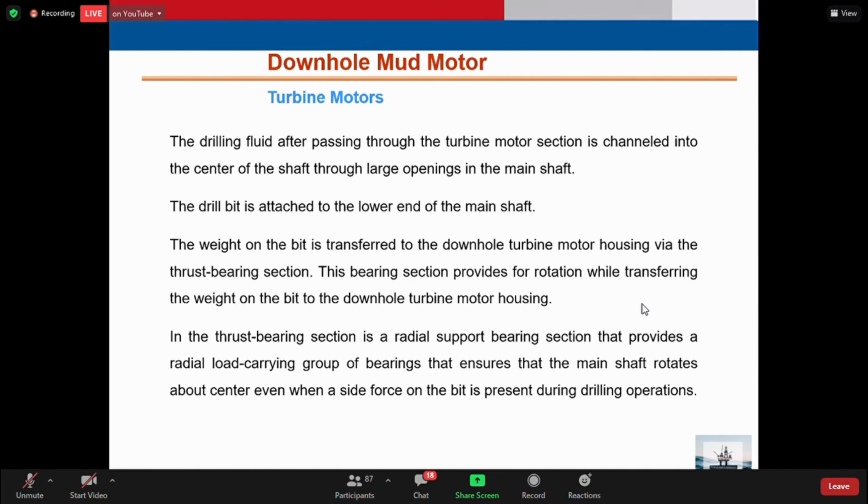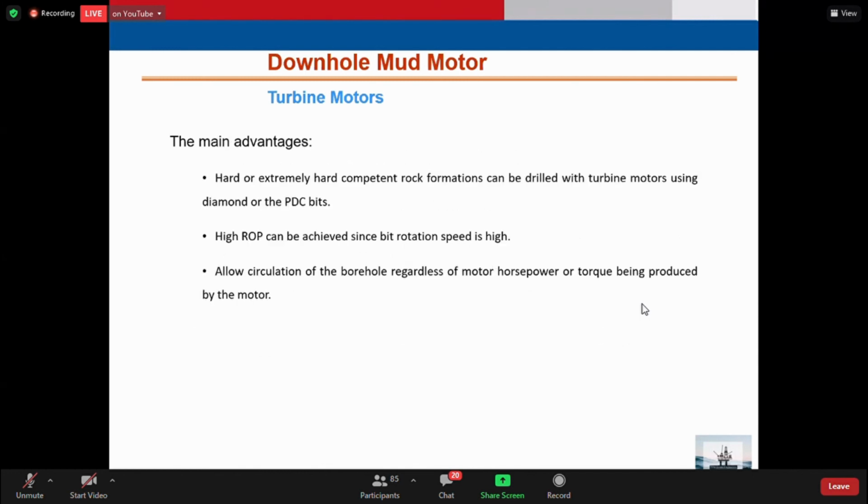The thrust bearing section is composed of a radial support bearing section that provides resistance and carries load, to protect the shaft from any loads, balance the forces, and keep the motor from failure during the drilling operation. The main advantages of turbine motors: they can be used for hard and extremely hard rock, which can be drilled with a turbine motor using diamond or polycrystalline diamond bits. It also gives a higher